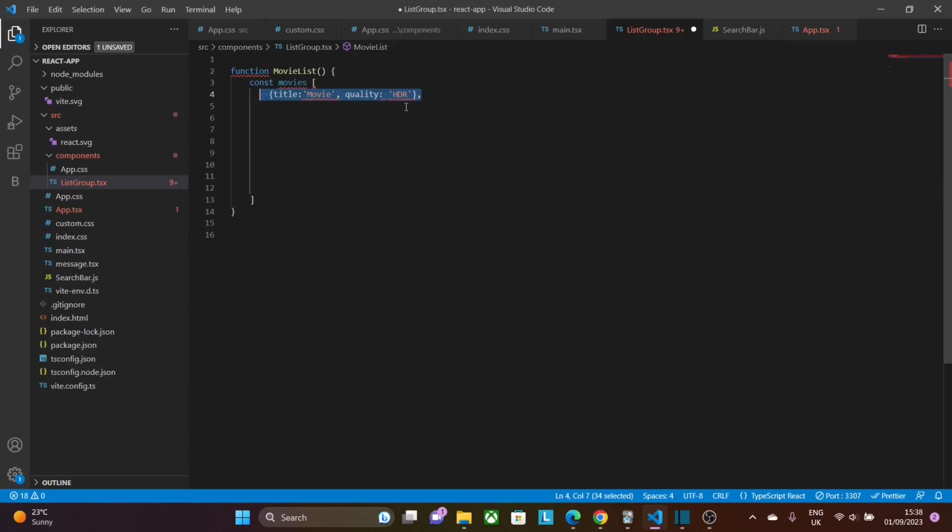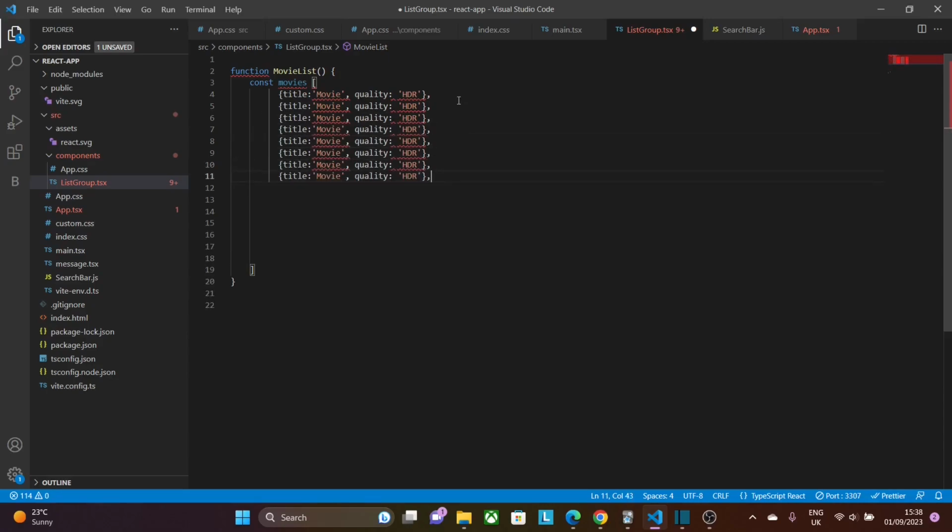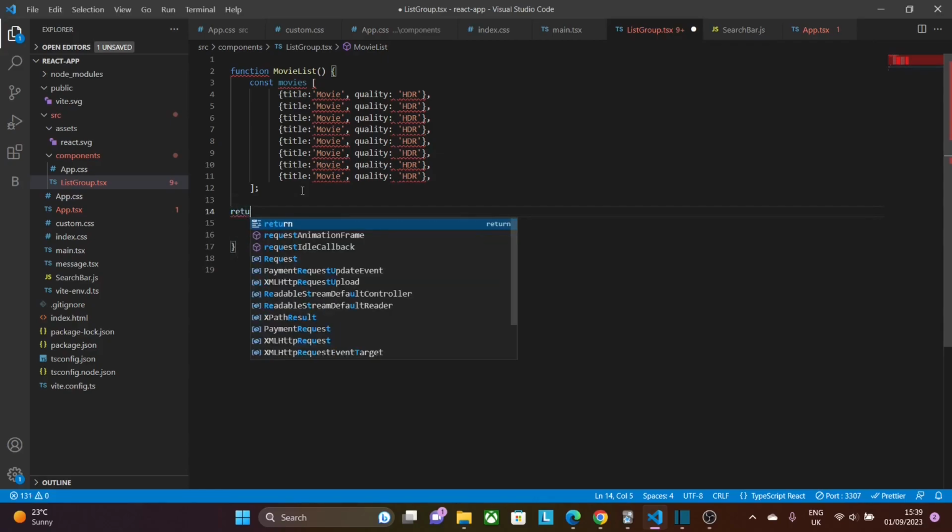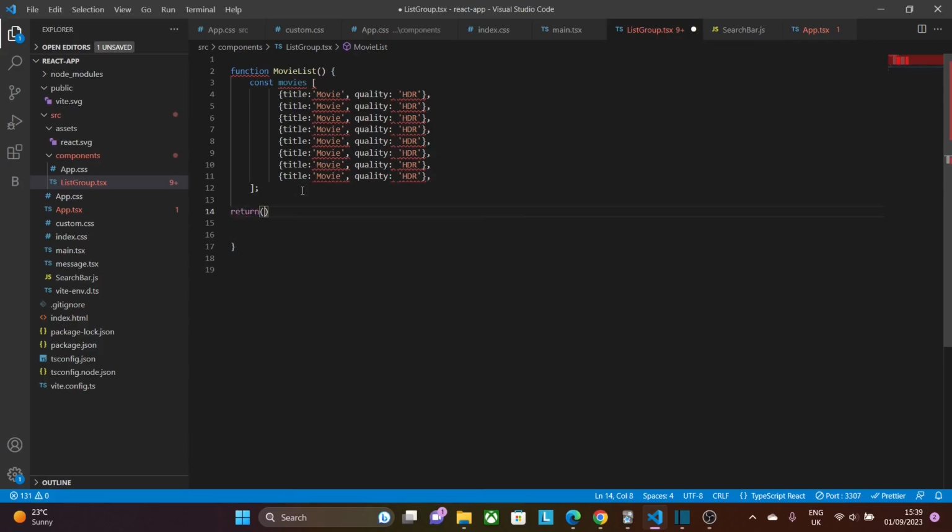So we're going to copy this code here. So we have 1, 2, 3, 4, 5, 6, 7, 8. So here we have a list of 8 movies. We're going to close this off with a semicolon, and we're going to now return our list of movies. So return, brackets open